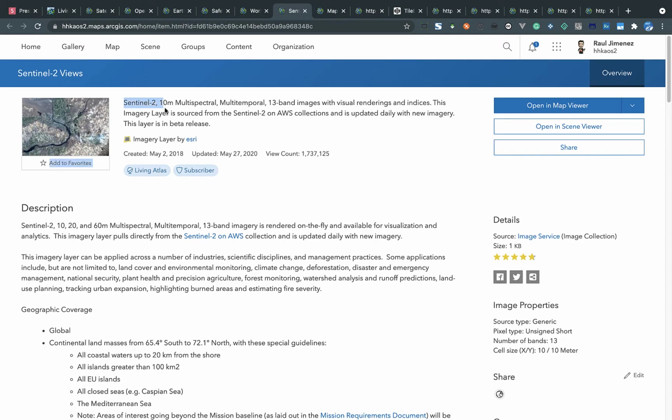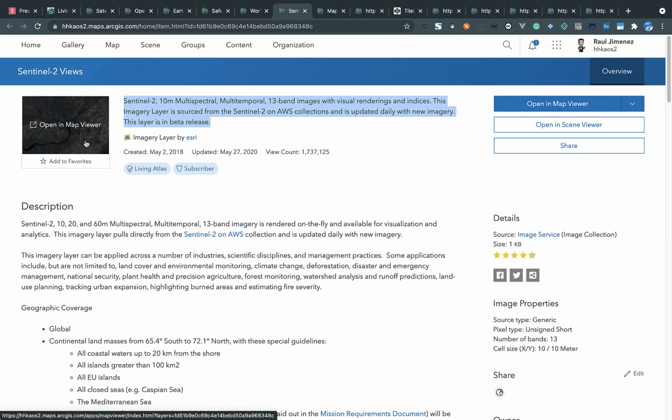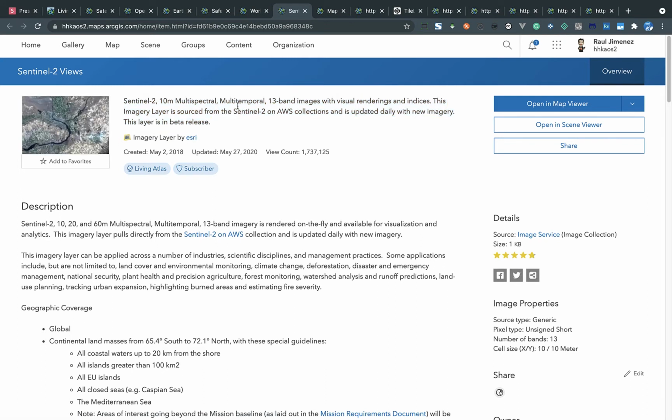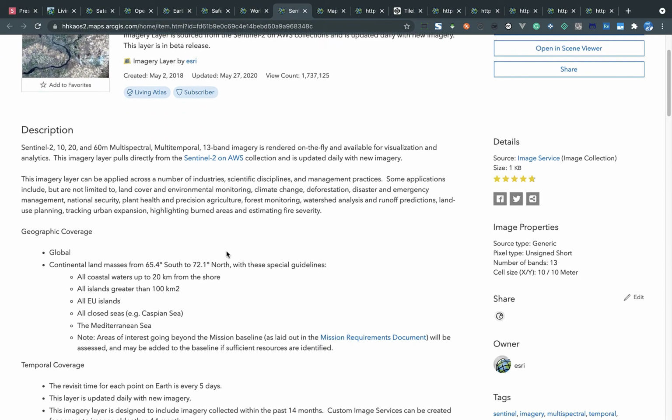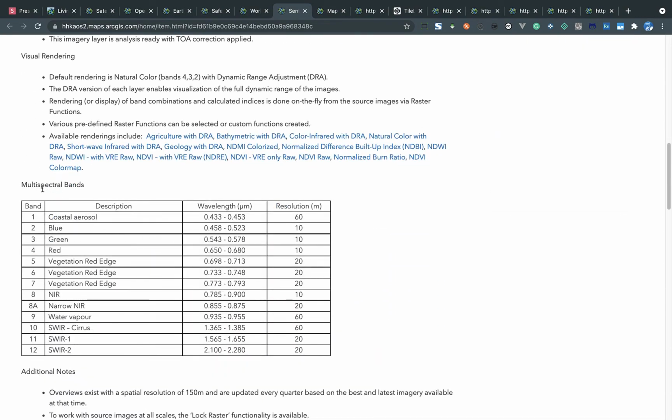And the last item type or layer type I wanted to talk about is the imagery layer. This is the most advanced layer, and it's very powerful. In this case, this Sentinel layer is satellite imagery that contains multispectral and multitemporal data. That means it is a huge data set. It can take around, I think, 1 petabyte of information, just this layer. It can be used for a lot of use cases on environmental issues,